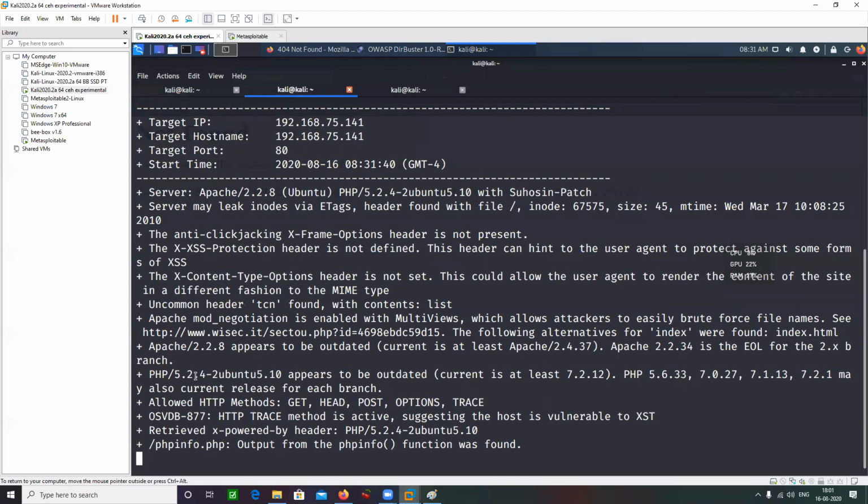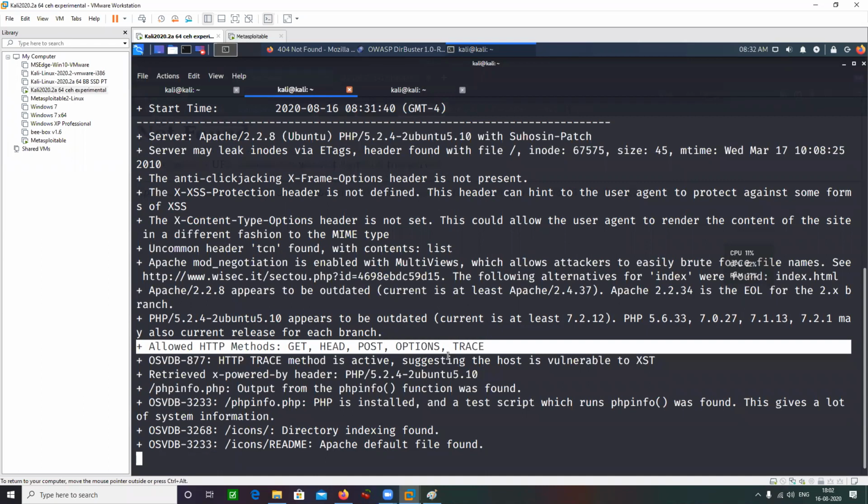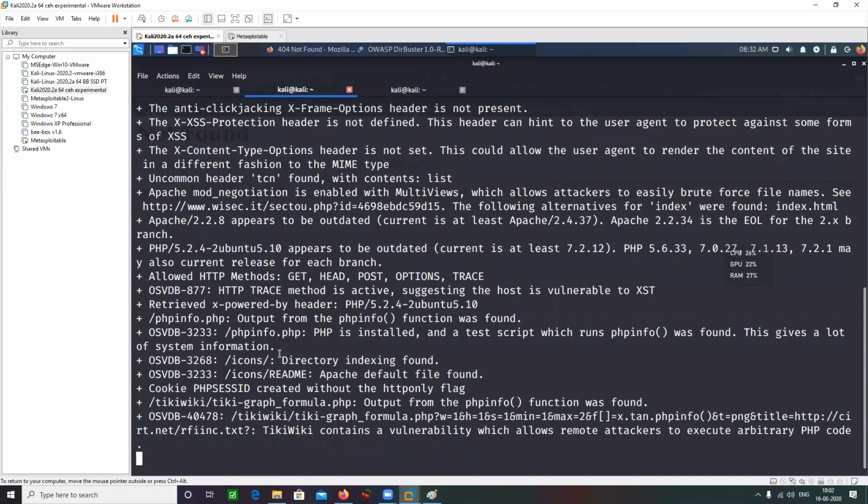Great. So I can see what all methods are allowed or disallowed here. Like get method is enabled here, head, post, options, trace. There's no vulnerable method available here. It would have been good if put method was enabled, because put method allows us to upload something, to put something to the server. These are essentially your HTTP methods. I would request you guys to read more about HTTP methods. What are HTTP methods and what do they mean actually?